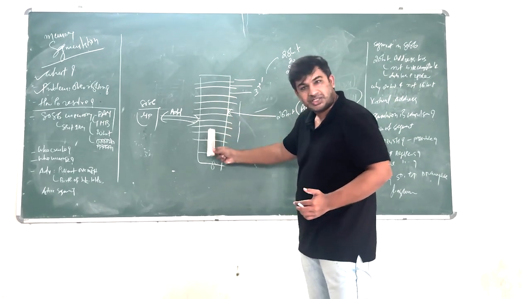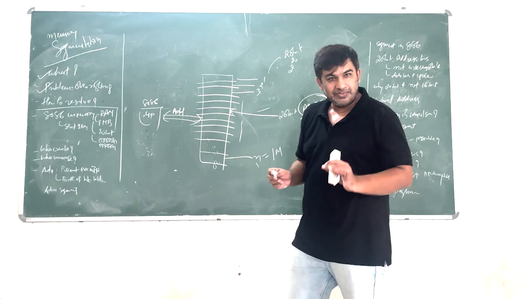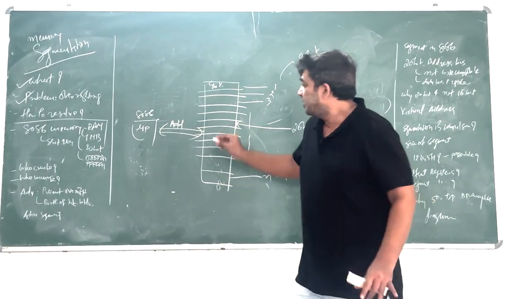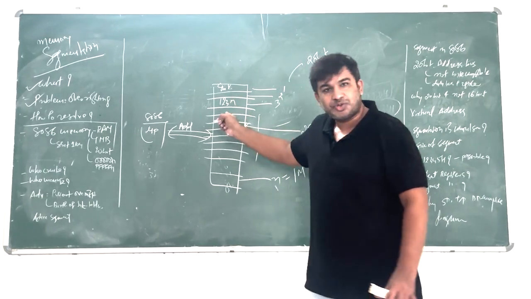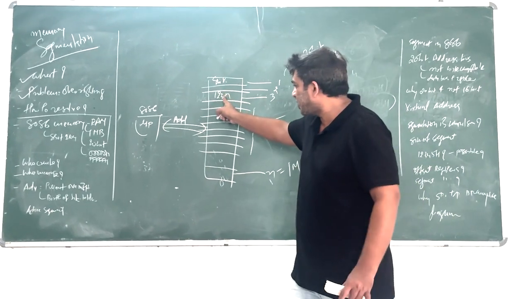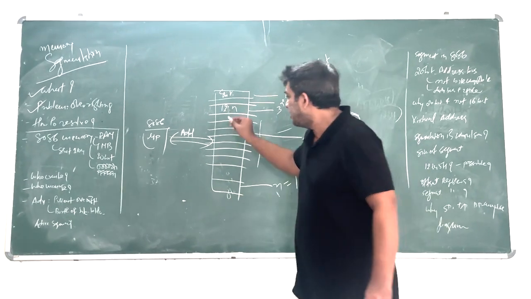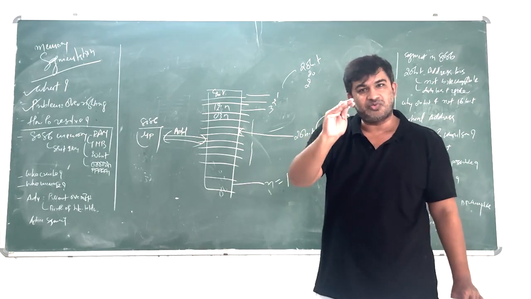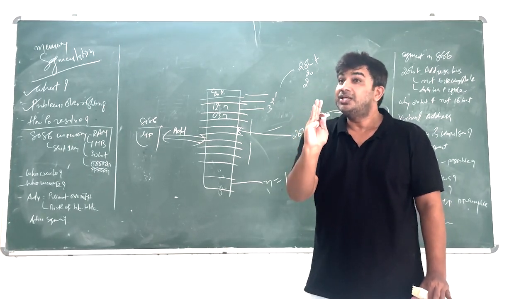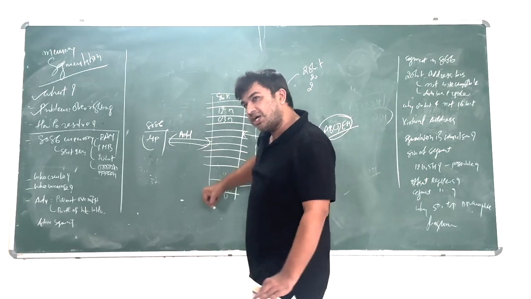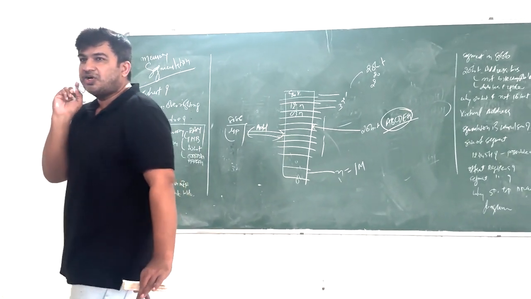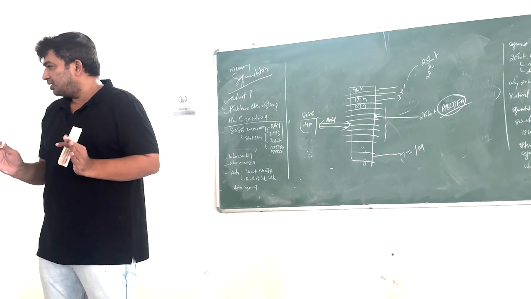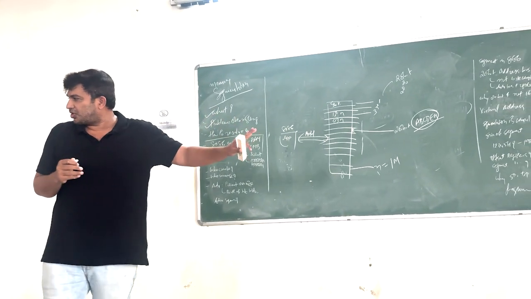All these are the locations where you can store data. How much data can you store? 8 bits. So can 123H be stored over here? No, this is 12 bit data. That is not possible. So 12 and 03H will be stored like this. Only 8 bit data you can store in one location. Even in current processors you can store only 8 bits of data. It is not possible to store more data.